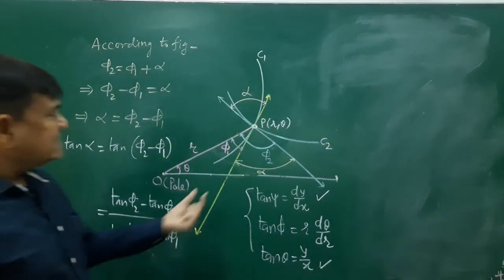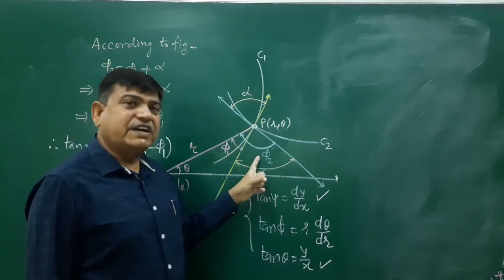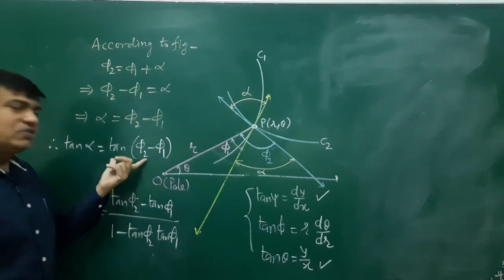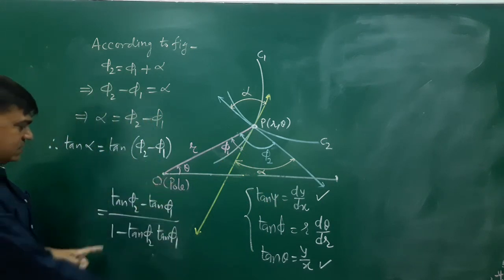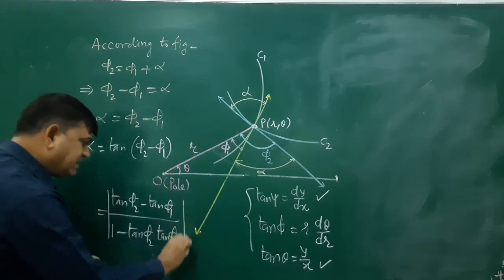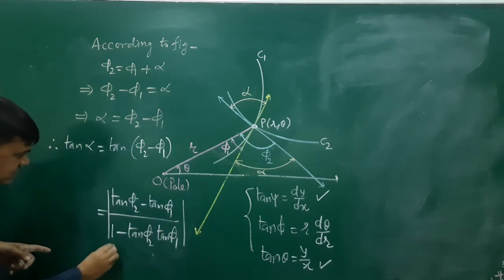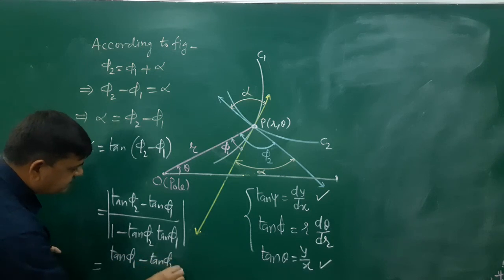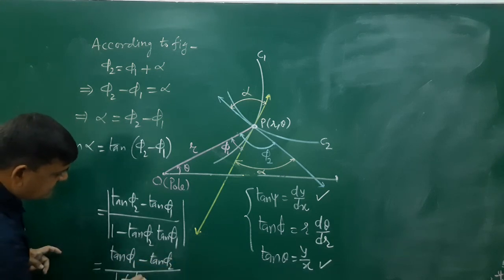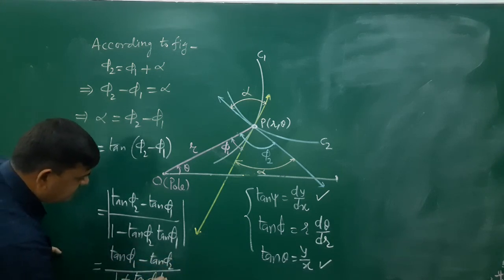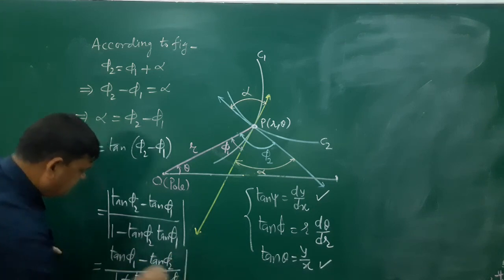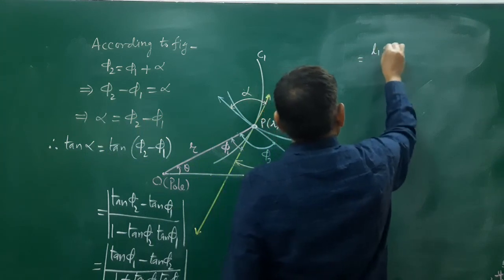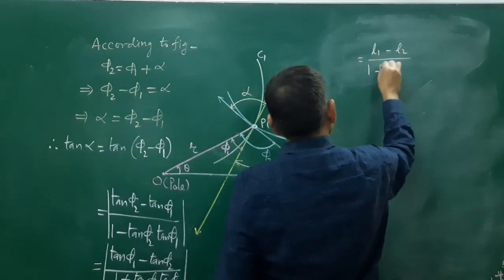Now it is not necessary that this is phi 1 and this is phi 2. आप किसी भी एंगल को इंटरचेंज कर सकते हो, बस यहाँ फर्क होगा, आपको मॉडुलस लगाना पड़ेगा. So if you take the modulus sign of this one just like this, then you can write this as tan phi 1 minus tan phi 2 upon 1 plus tan phi 2 into tan phi 1. This is L1 minus L2 upon 1 plus L1 L2,